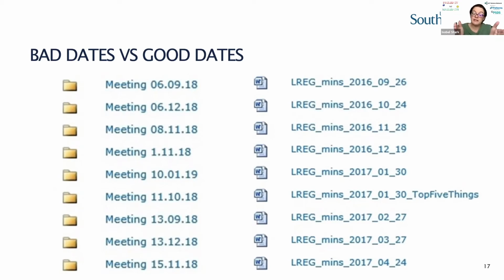And it's a meeting that is always the same, so the stem of the file name is always the same, but because it's the date that's changing, then it orders nicely when you're looking at it in standard file name order on a computer. The left-hand side meetings, just to let you know, were a weekly meeting. It was awful trying to find the right folder for the next week's meeting, and we did take action, and a couple of us went in and changed everything so we could remain sane.